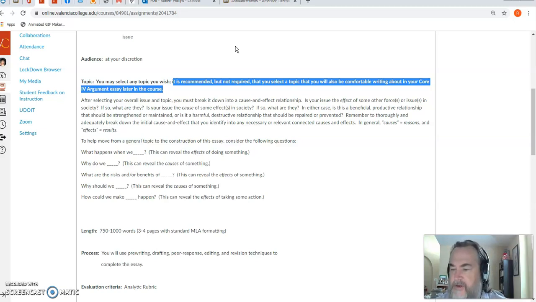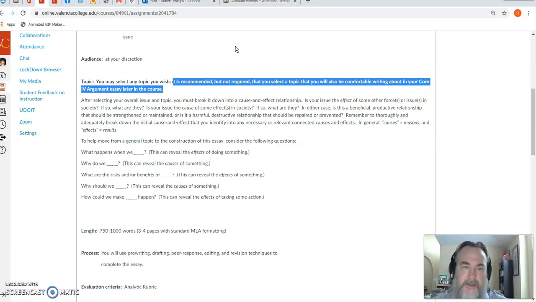If, on the other hand, you are writing about the causes of something or the effects of something, and there may be negative effects, and we want to prevent them. So if you say that this causes that, and we don't want this to happen, then your core 4 essay can argue, how can we make sure that this does not cause that? If there is some sort of relationship between this and that, maybe you want to argue how we can stop that. That becomes your core 4 essay, your persuasive essay, arguing how we can stop this from causing that.